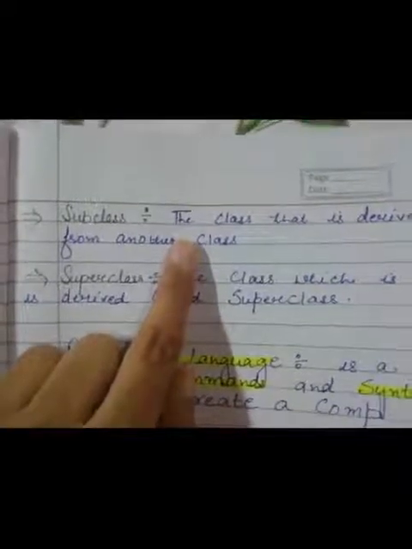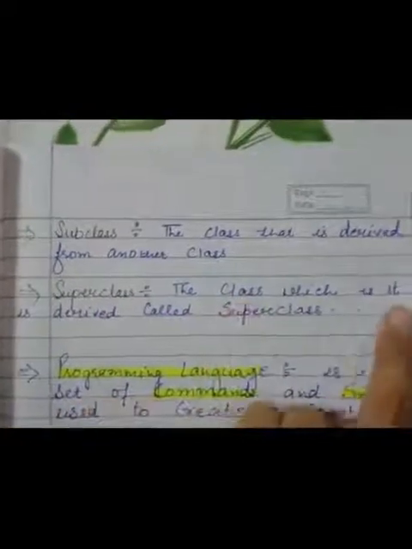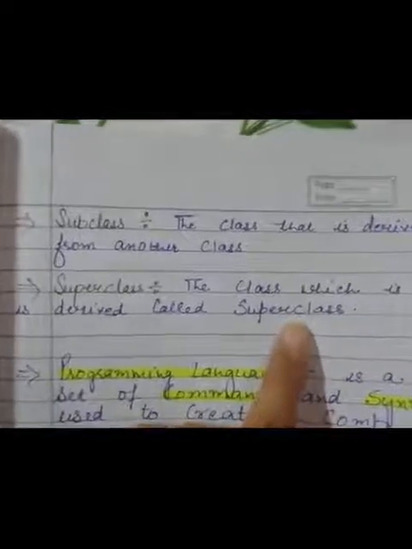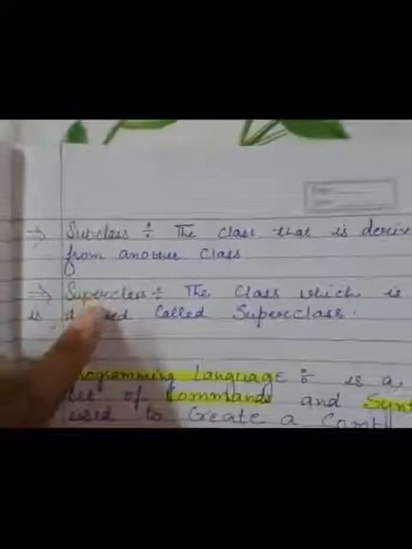that is your child class which is inheriting, that is called subclass. And the class from which it is derived is called superclass. The parent class is called your superclass. So inheritance is based on subclass and superclass. So here we have an example of an animal. There are two kinds of animal, that is carnivores and herbivores. Carnivores are the tigers, lions, leopard. Herbivores are the cow, goat and buffaloes. So this is the category.